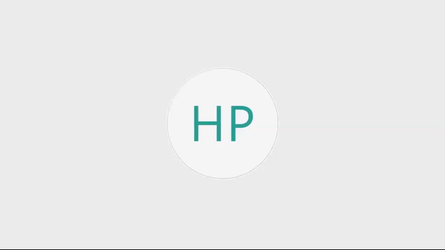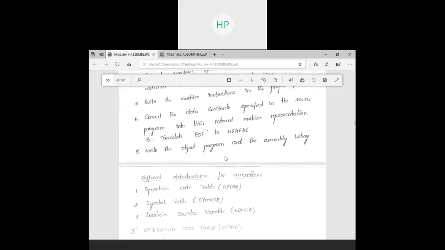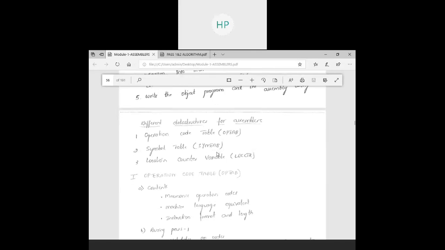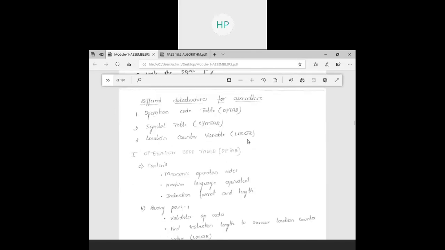Of course, without data structures you cannot lead your life, right? The same way the assembler also needs some data structures. The different data structures used by assemblers are the op table, the symbol table, and the location counter value. What do you mean by the op table?